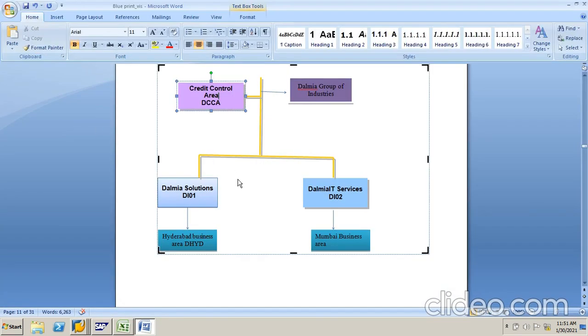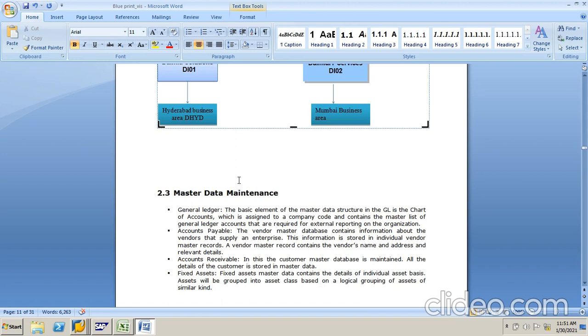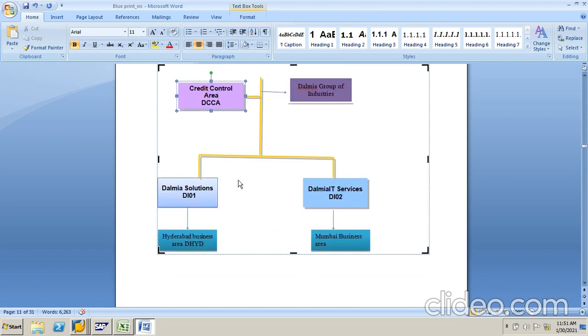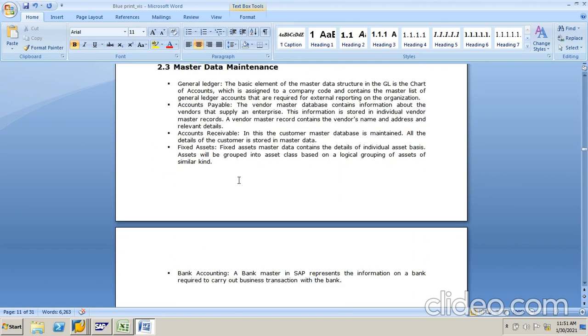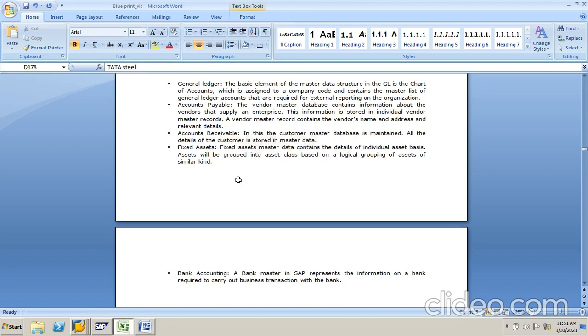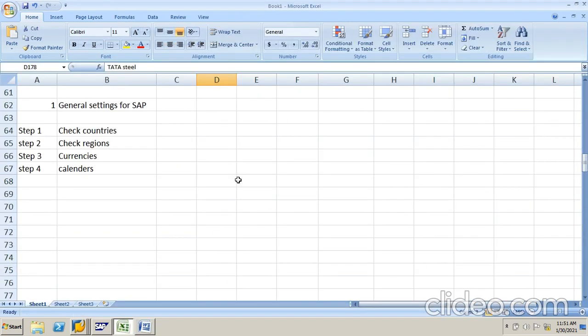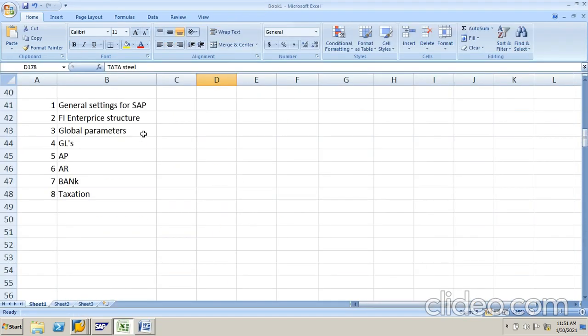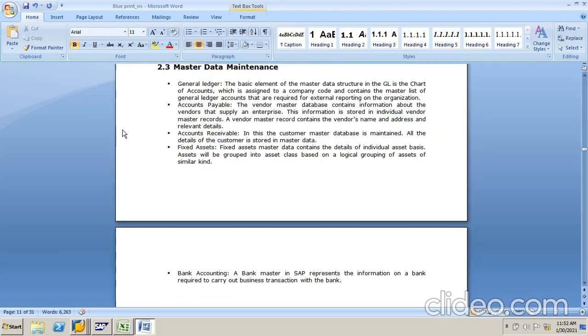Okay, so this is the first step, FI organization elements. So in next class we will see the next steps. So we have completed general settings, FI enterprise structure is completed. In next class we will go for the global parameters.